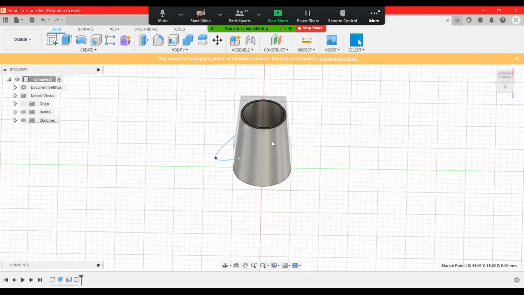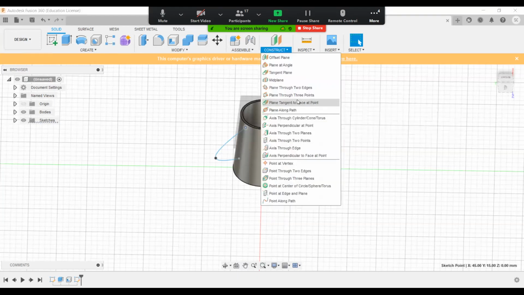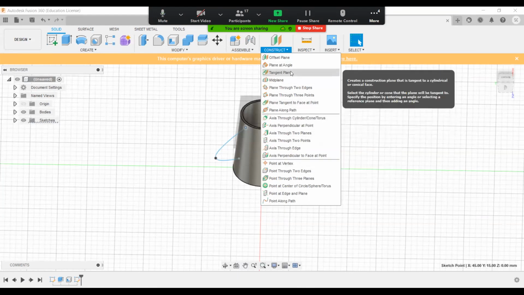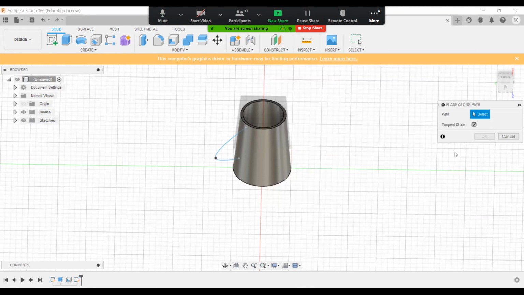Correct. Now you have to go to the construct menu after assemble. Construct. Choose the option plane along path. Click and select the path you have created.